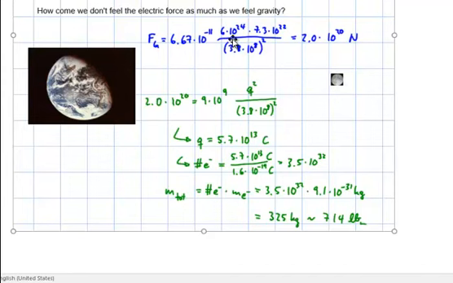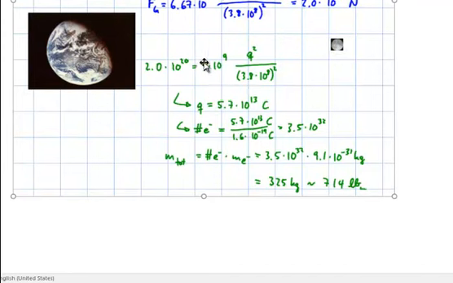Anyway, I compute the charge, and this is what I come up with. The charge that needs to be transported over there would be 5.7 times 10 to the 13 coulombs. That seems to be a lot of charge. How many electrons? Well, I divide by the electron charge, which gives 10 to the 32 electrons. That's a lot of electrons, yes. Now I'm going to determine the mass, and here comes the interesting thing. So I multiply by that very tiny mass, and I come up with 325 kilograms, which is 714 pounds,